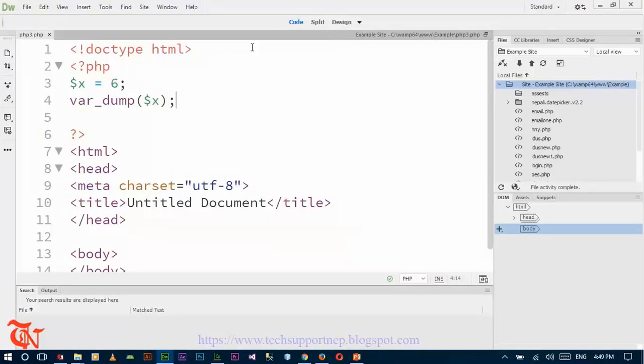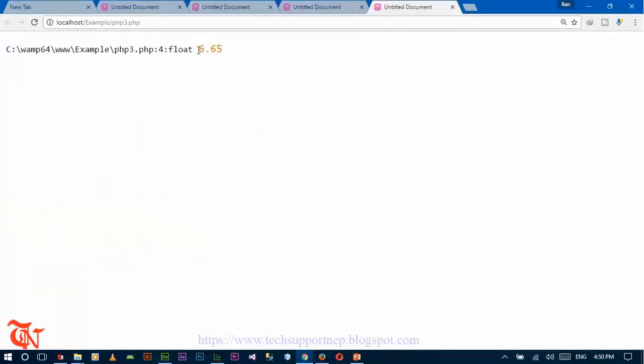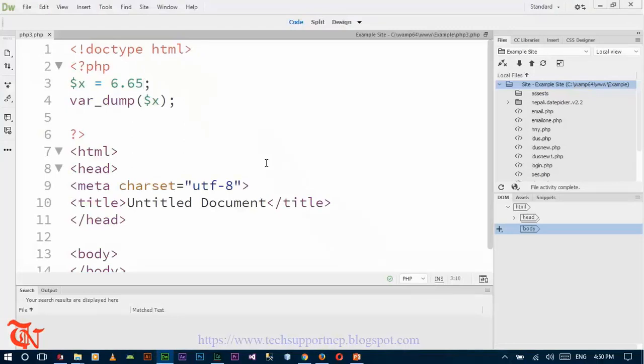Now let's move on to float. And open it in your browser. Here goes. It gives the location of the file, and here goes its type and here goes its value. The next one is